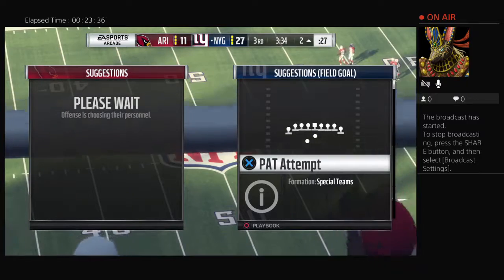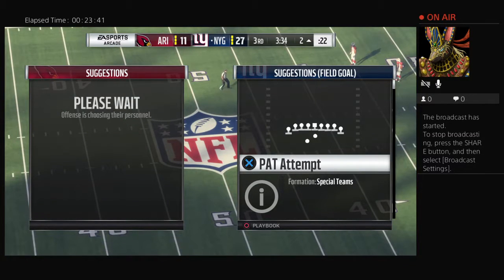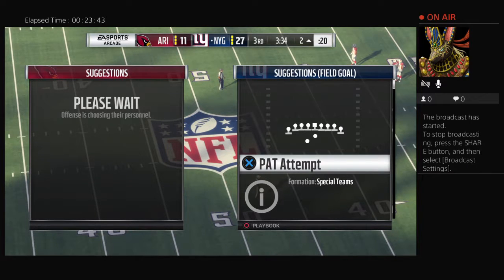Always important to get the first score of the second half. Now you start to pull away a little bit and get some breathing room going. And now we find out about the fortitude of